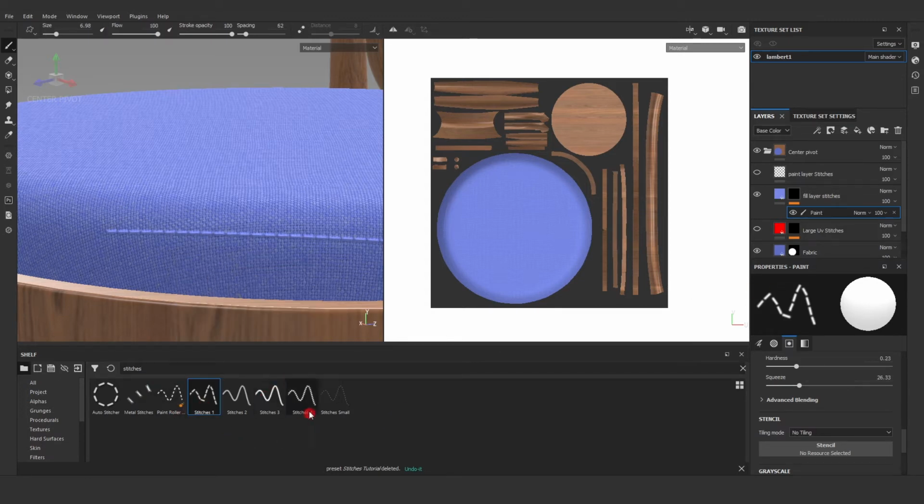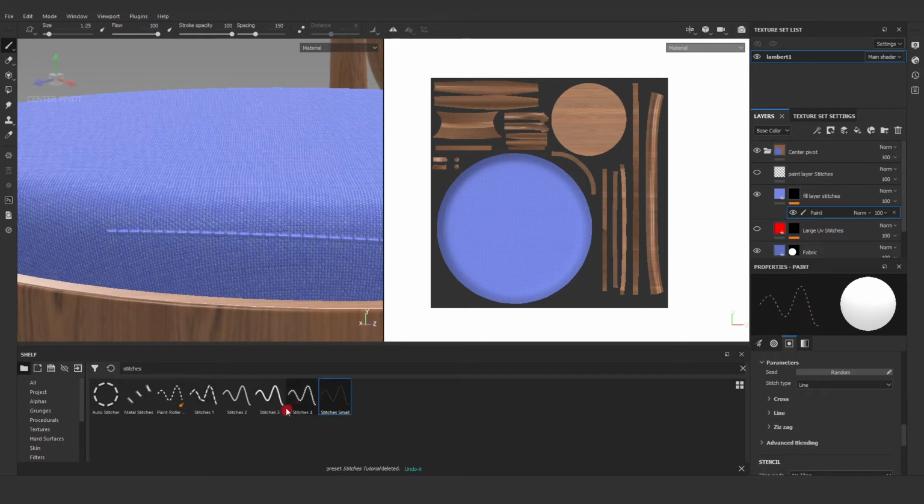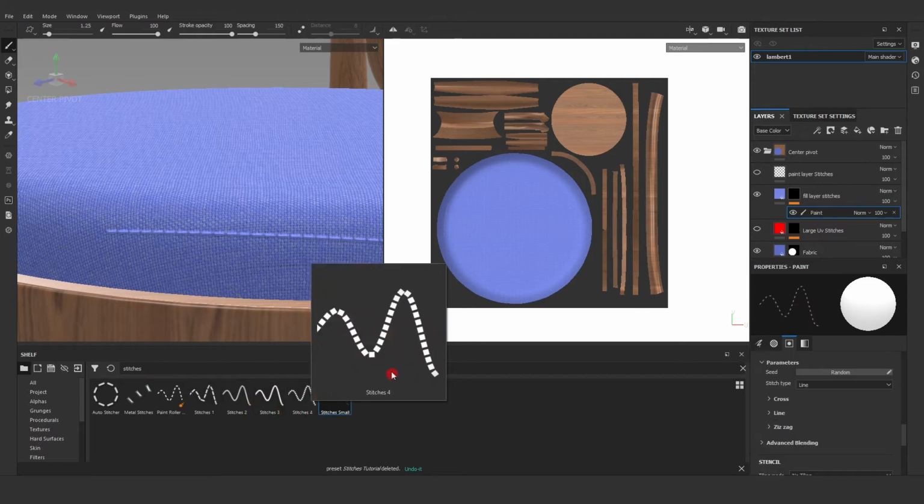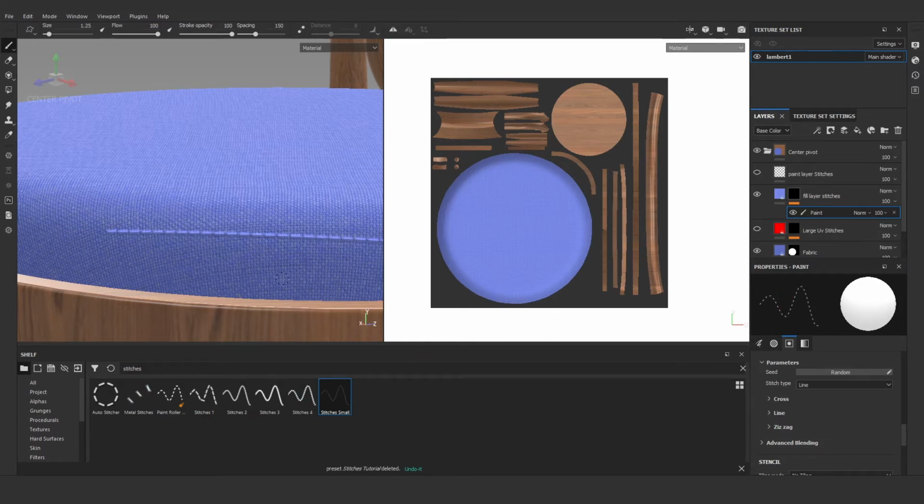Check which stitch is suitable: stitches small, stitches 1 through 3, each one having different quality, so you need to select which stitch is suitable for your particular model, and then just paint.